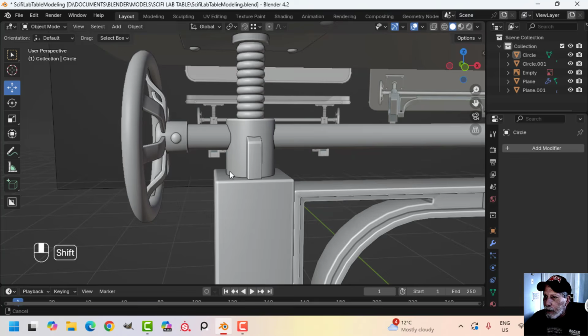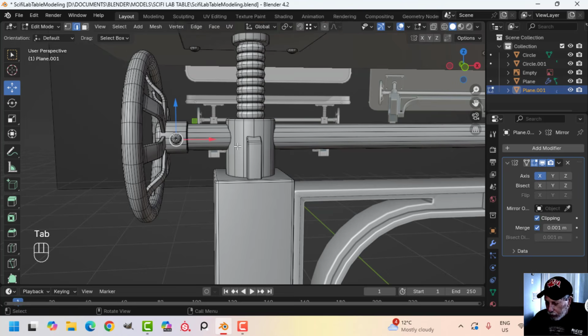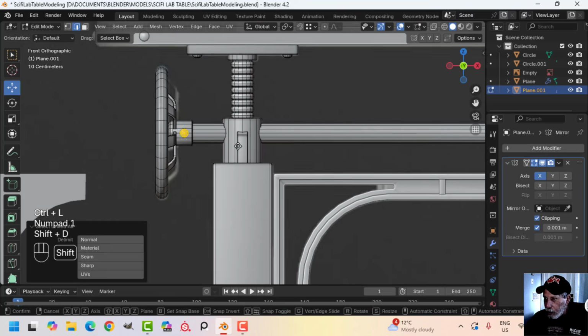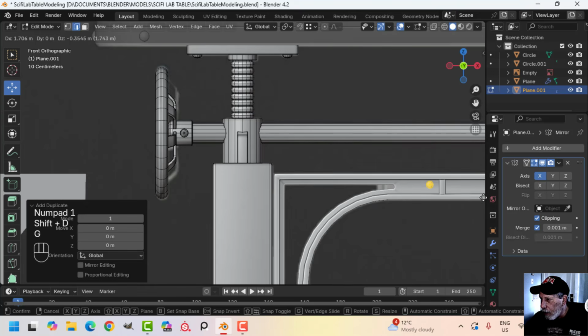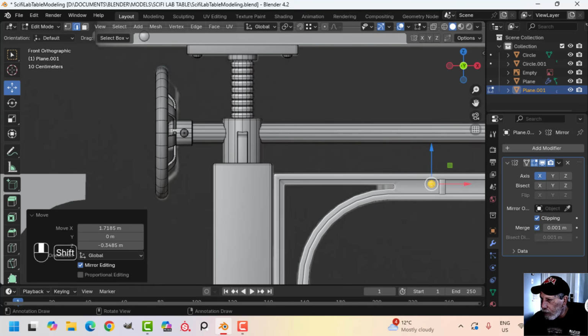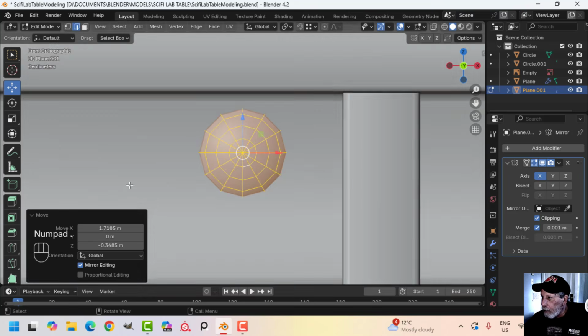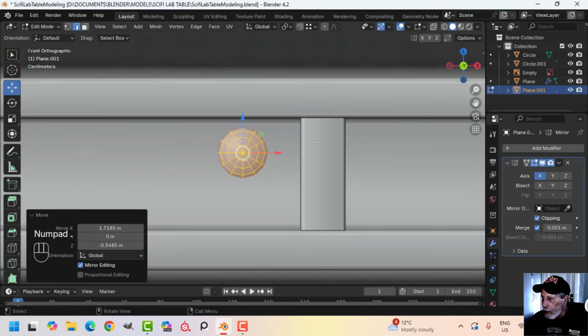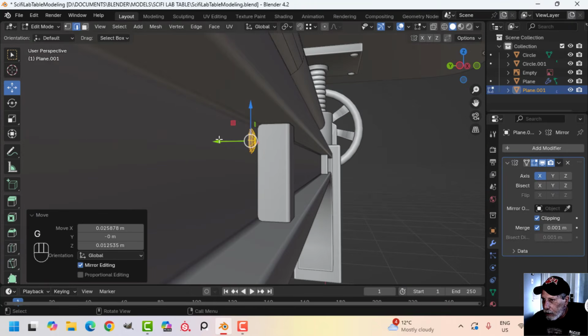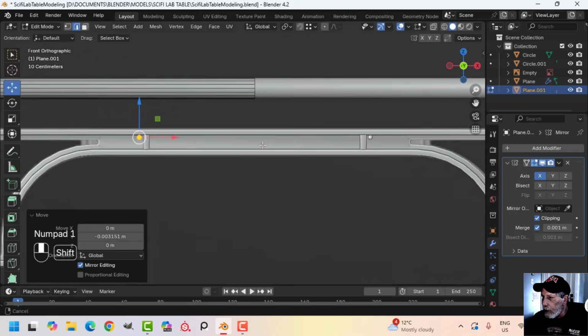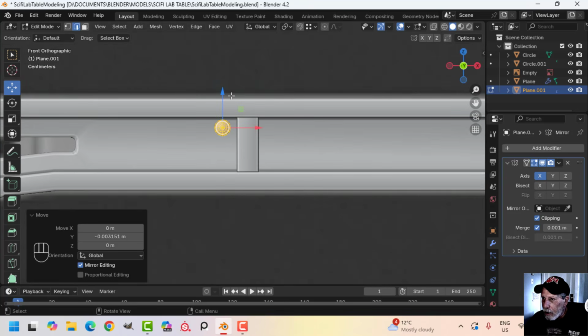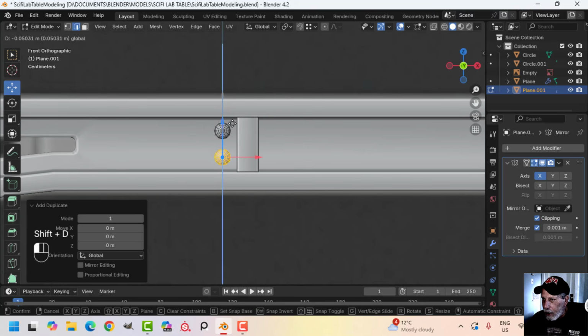Then I'm going to come over here and take this bolt, Shift D. So again, this part's not on the diagram, but it's something I wanted to do, or on the reference. Period key. Now there's a mirror on there in the X. So let's get this something like that. So do I have it on the other side? I have it on the other side. It's okay. That's good. So what I want is I want two bolts like that,